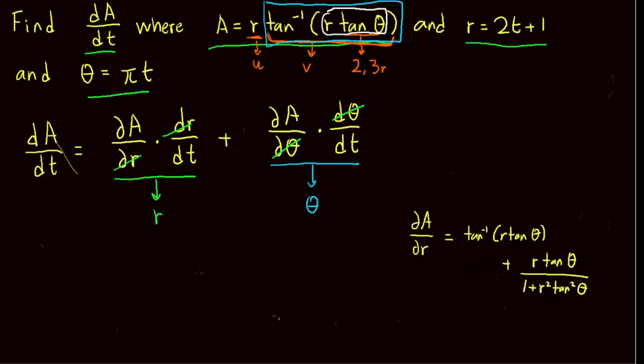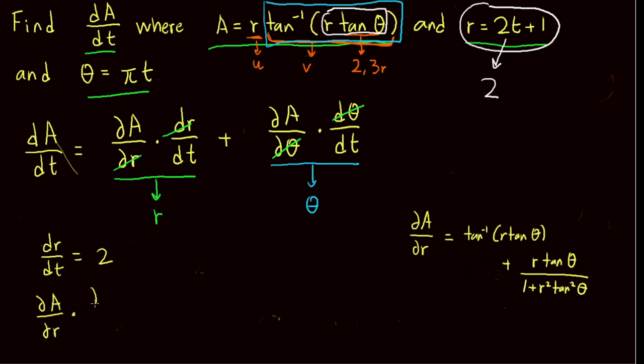Okay, so now we'll proceed with our dr dt. So dr dt is fairly simple. It's just simply 2, because as you can see, r is just 2t plus 1. So when you differentiate it, the only thing that comes out is 2. Therefore your answer is just 2. Hence your del A del r, if I multiply with dr,